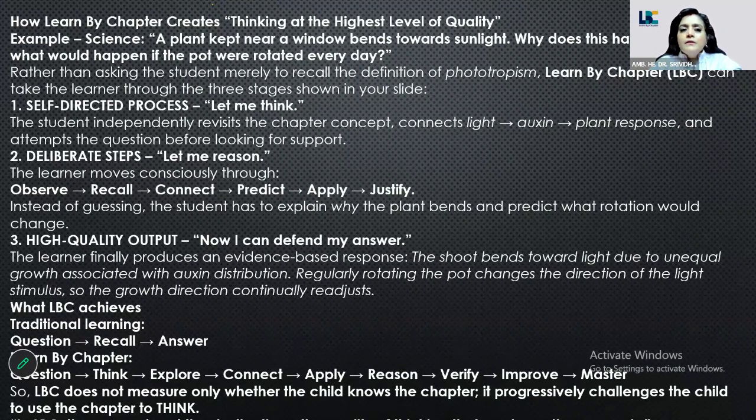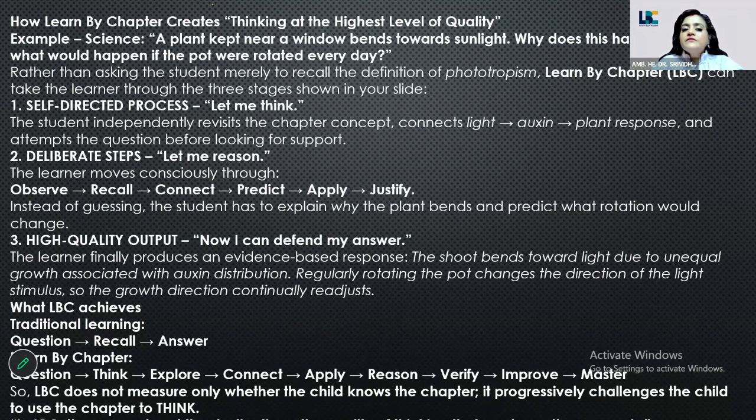Again, take an example of a science lesson. A plant kept near the window bends towards sunlight. If your question is, why does this happen? What would happen if the pot were rotated every day? If you ask such a question, the students will not immediately answer, because they will go find the answers for themselves. Instead of giving answers abruptly, they will go and work on it, explore, experience it, and then come and give you the answer with a self-directed process, saying, let me think. Rather than asking the student merely to recall the definition of phototropism, Learn by Chapter applies